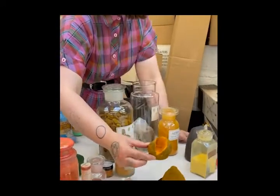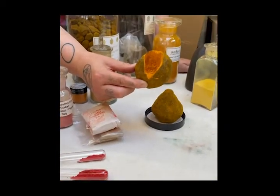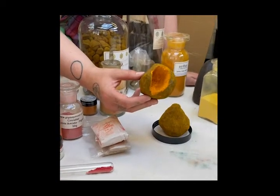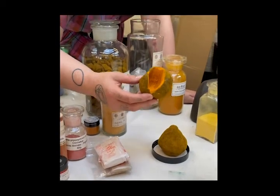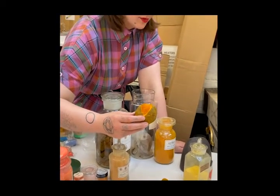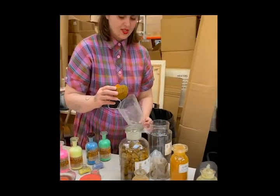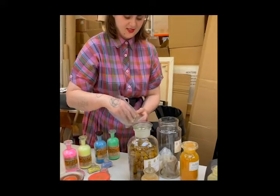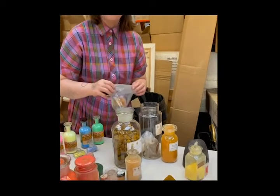So it's this beautiful deep orange, quite miraculous, really. It's like breaking into a rock and finding a mineral or something. This absolutely stinks. It's so pungent and so animal-like. It's a mixture of a sweetness, but also manure and silage, and I can't even deal